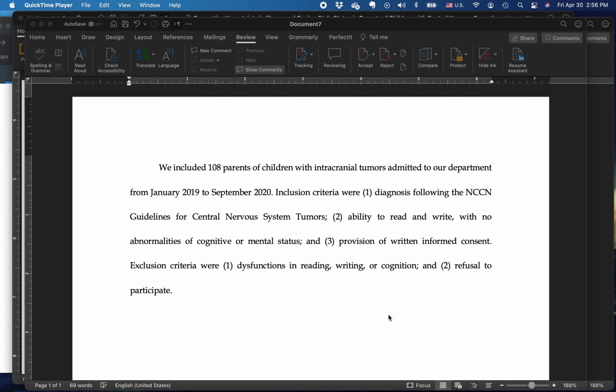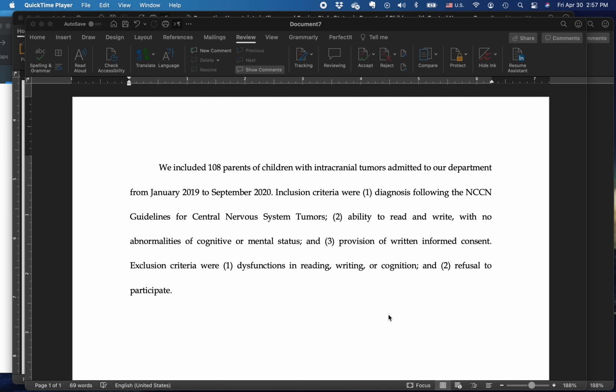This is a lesson in how not to write a paragraph about selection criteria, that is to say, inclusion and exclusion criteria. Let me read this because it's going to make more sense when I go back and tell you what's wrong with it. We included 108 parents of children with intracranial tumors admitted to our department from January 2019 to September